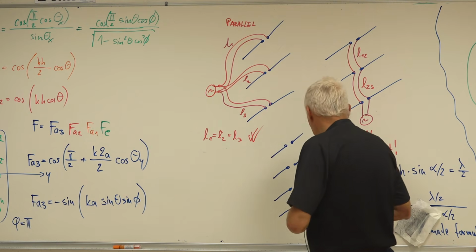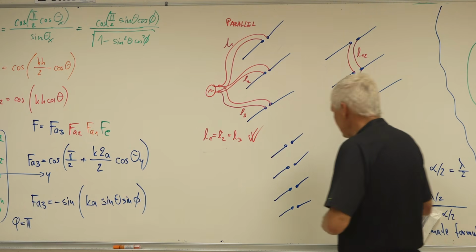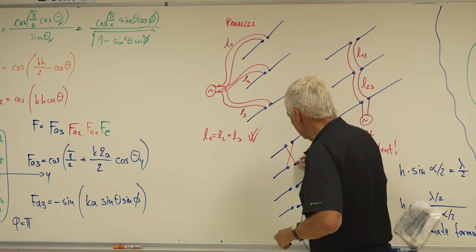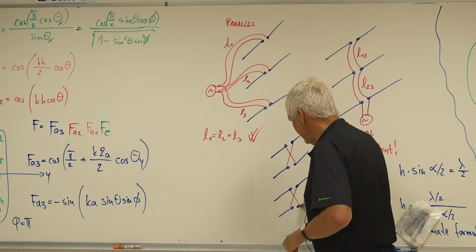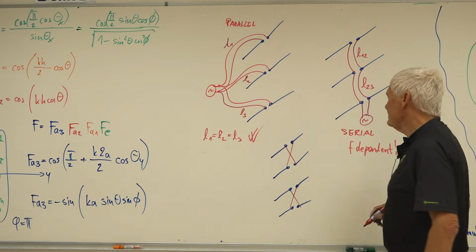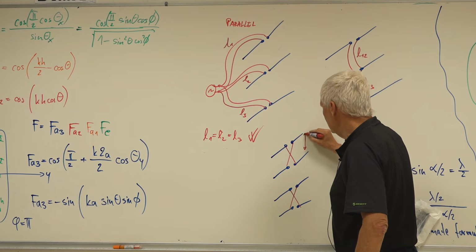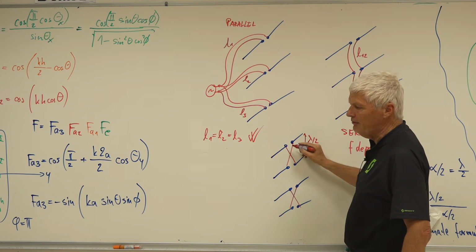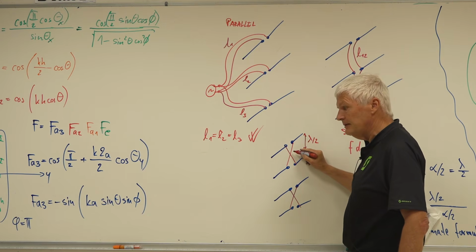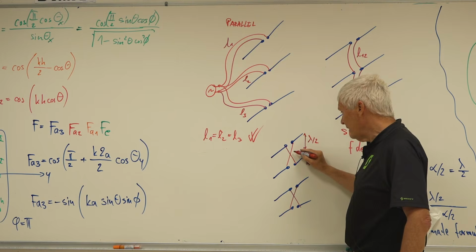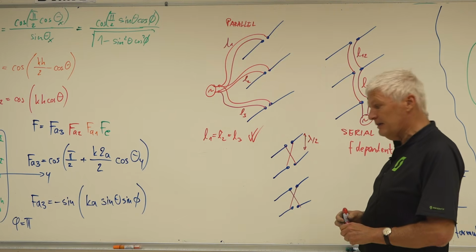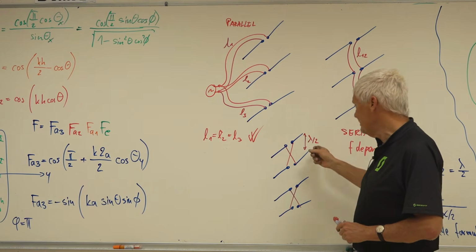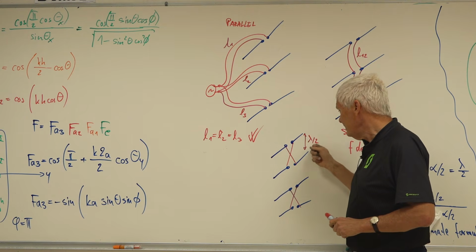How were they connected? Well, interestingly, these 2 were cross-connected. Why? And these 2 were cross-connected. There was a reason, because the spacing here was about lambda half. Lambda half of spacing, this is lambda half of line length. This is pi phase angle. If I flip the wires, I get a phase of 0. So this is the trick to get the phase of 0, to flip the wires if they are lambda half